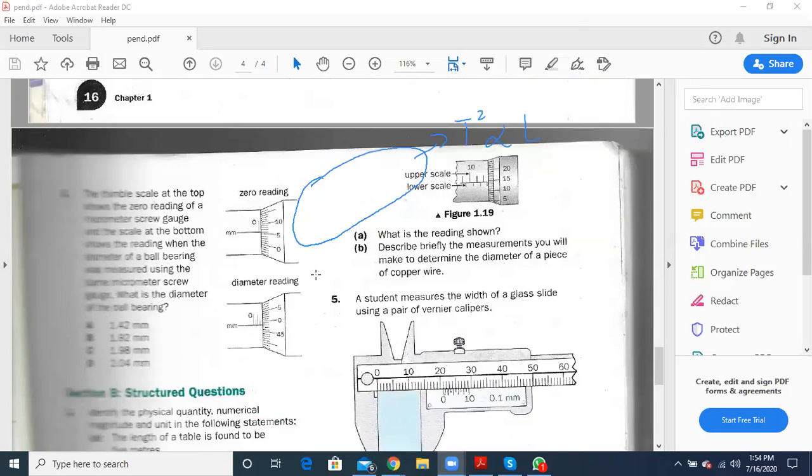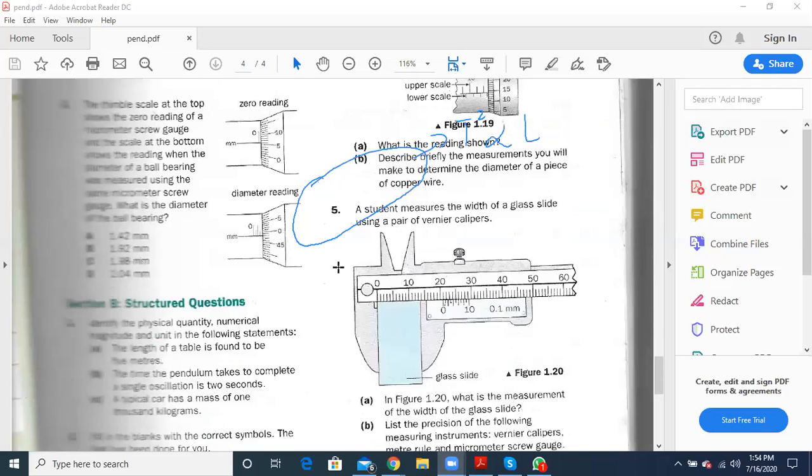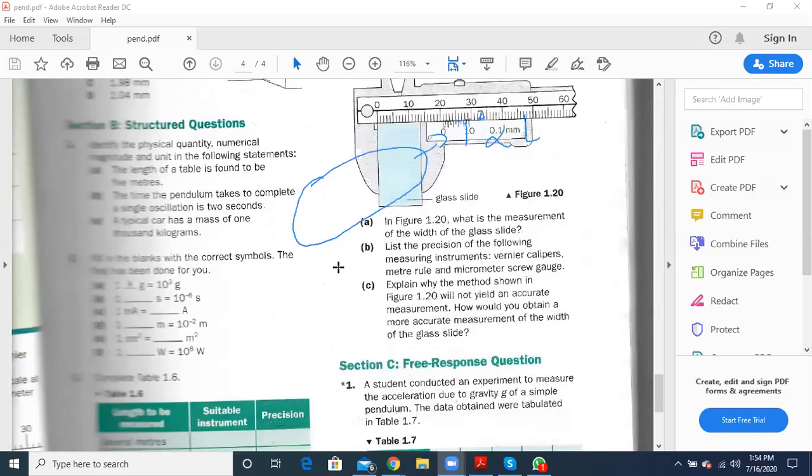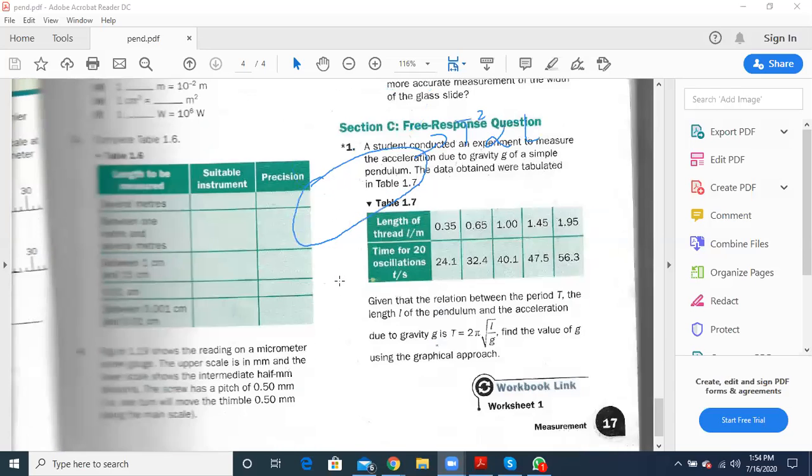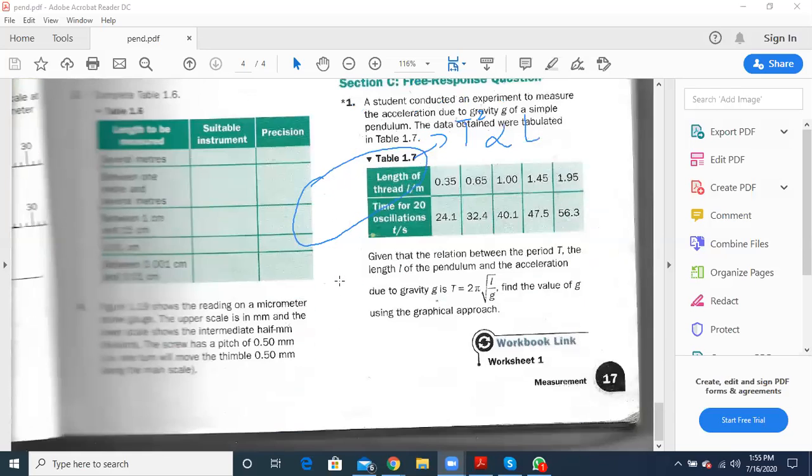So these are all the questions which we have done, the topics which I have covered. You need to try to solve these questions. One thing is left which we are going to discuss right now: we learned how to measure the time period of a pendulum. And in terms of physics, this is the formula for measuring the time period of a pendulum.